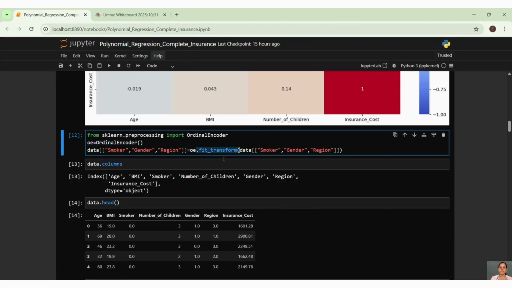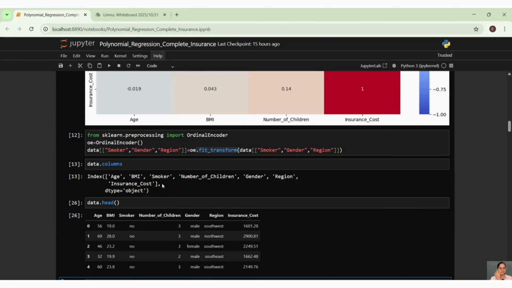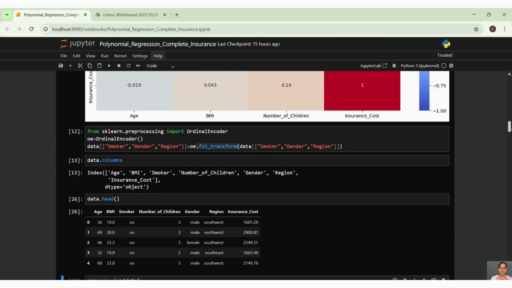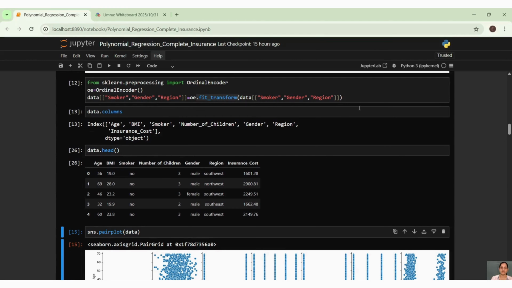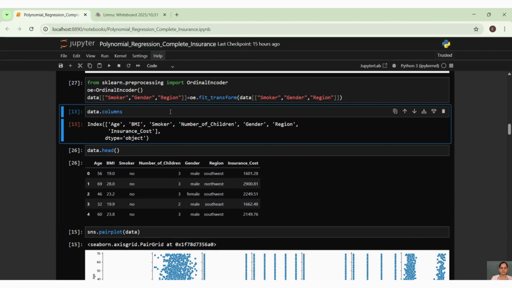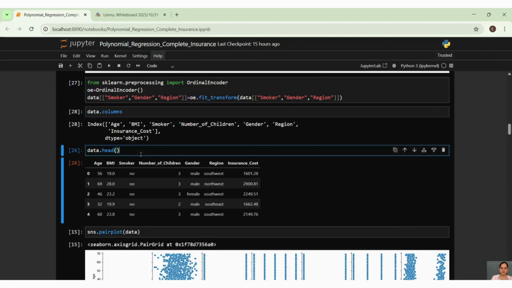In the next line, data.head is not showing it, I have to run this, which I have not done. Let me run this. Now I will do this.